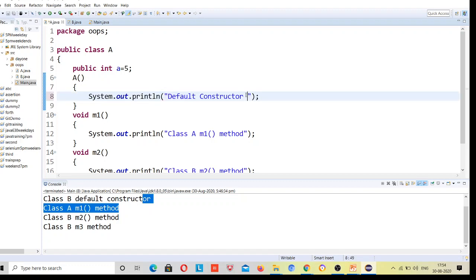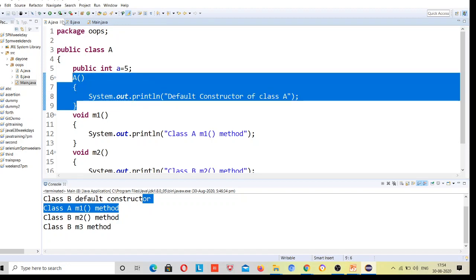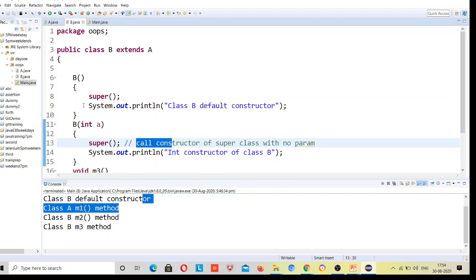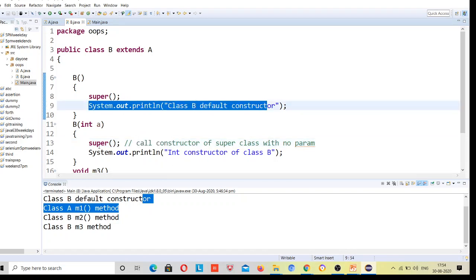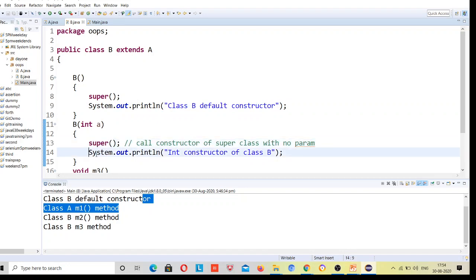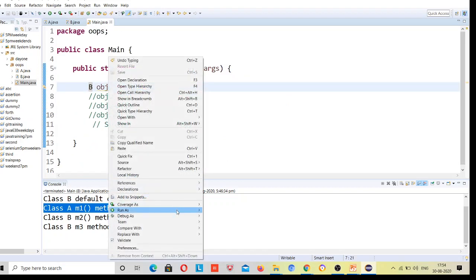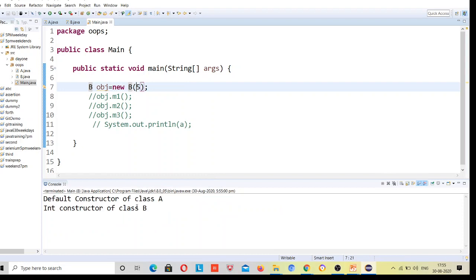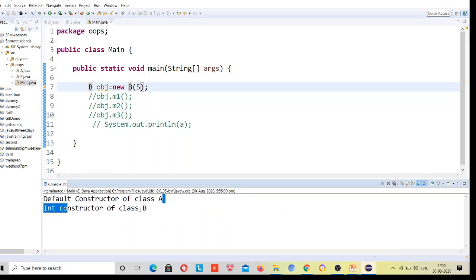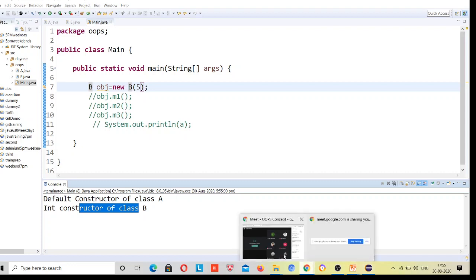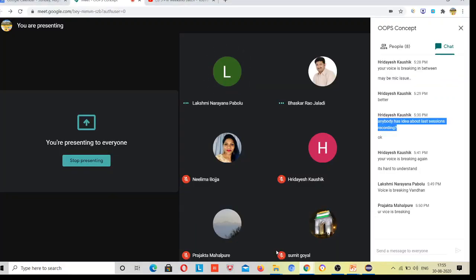Suppose I write here of class A, so it is clear in the output. Then from where it came, it will go back to that place, to this integer constructor of class B, and print this. So is it clear to everybody? Default constructor of class A and integer constructor of class B. Is it clear to everybody? Yeah, okay, good.